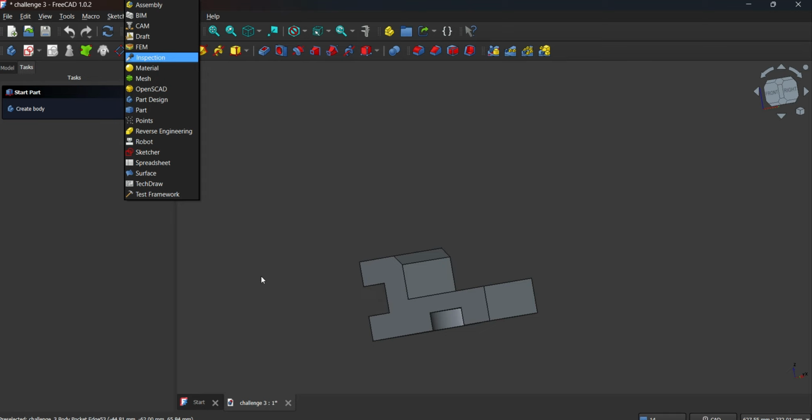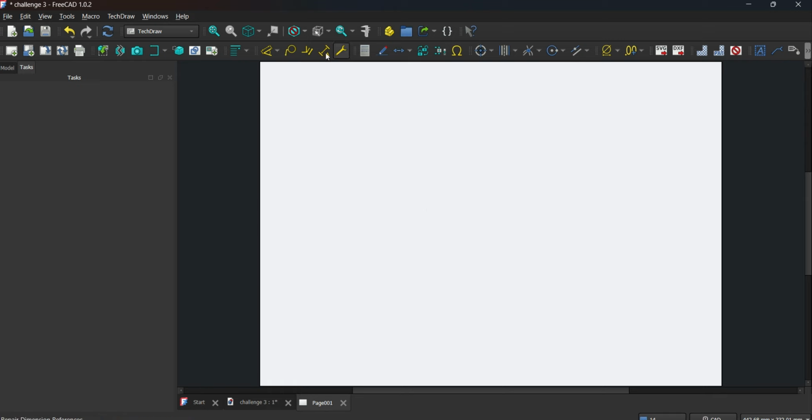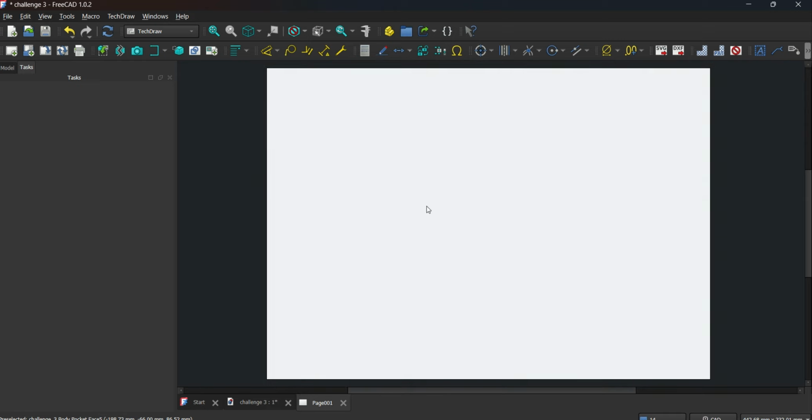The first step is we have to add a paper. You can click this one, which is insert default page, or you can also click this one, which is insert page using template. Let's try both so you will see the difference. By inserting a default page, you will have a blank page without border. It's up to you if you're going to use this, but the standard is there must be border lines and there must be the area where you write your name and the title of this drawing.